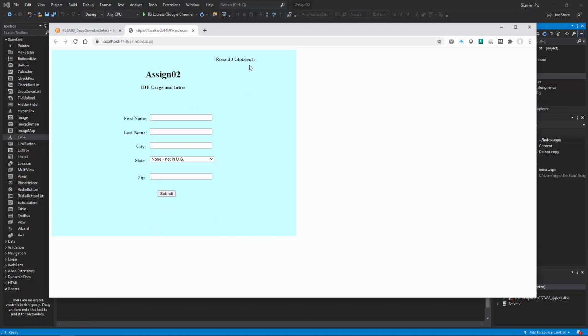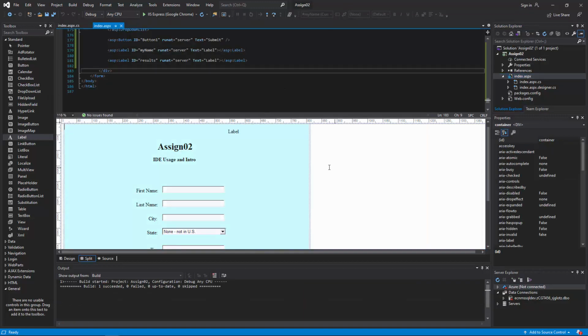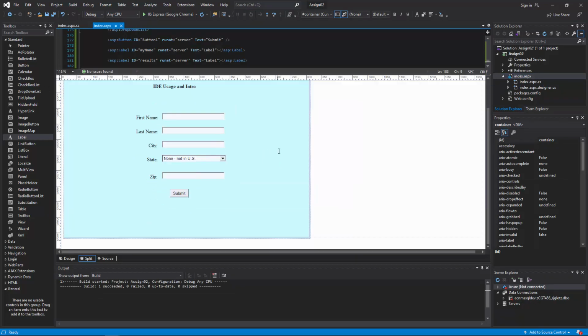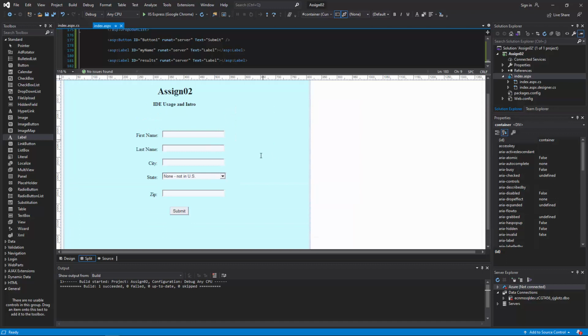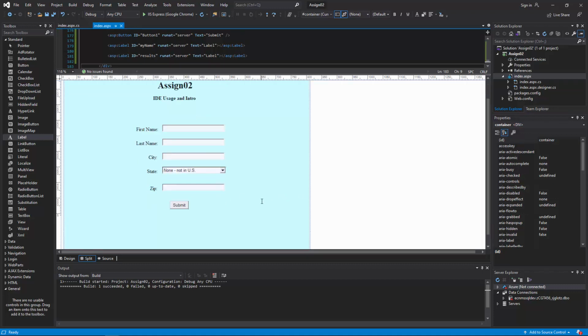Now it does not wrap. Next, we need an event handler. So if we are looking at this design view here, when we click this button, we need something to happen. So we need an event handler for when this